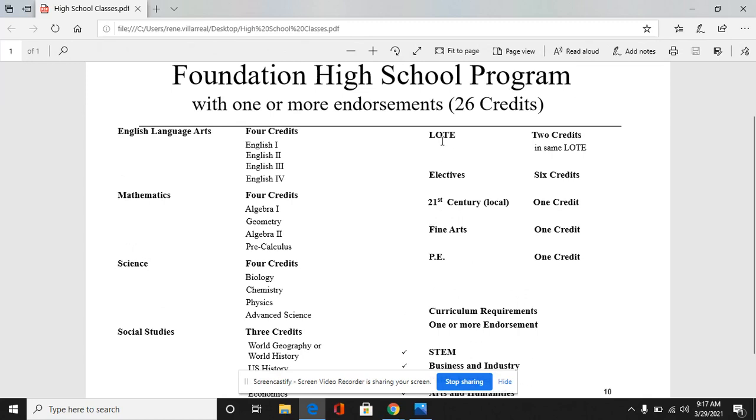For a second language, you need 2 credits. So this could be Spanish 1 and Spanish 2. For electives, you need 6 credits. For 21st century, you need 1 credit. And I have a list of those too. I think I'll go ahead and put those on the Google Classroom as well. And you need a fine arts credit, which could be, I believe,